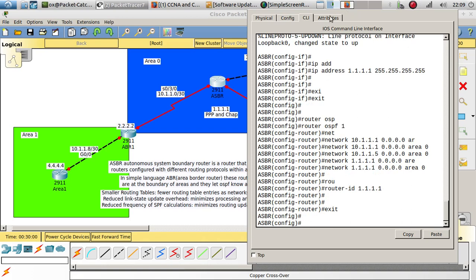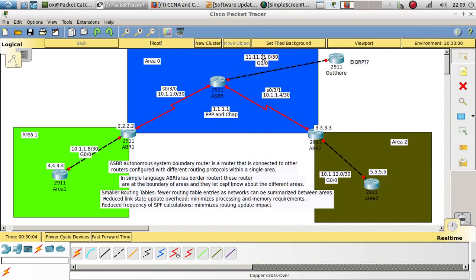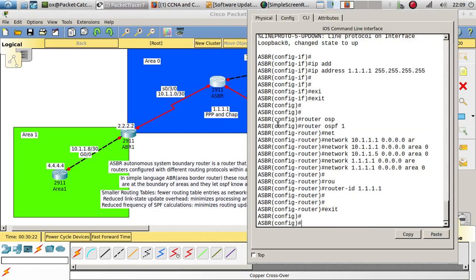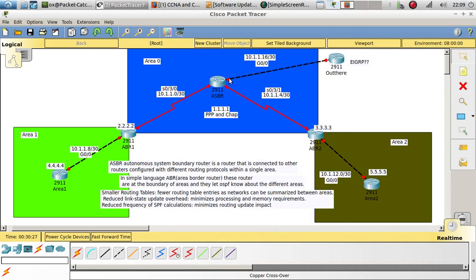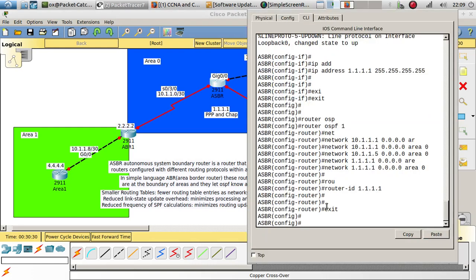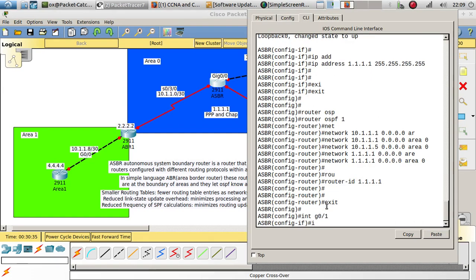Okay, that's done. Now let's see what we can configure next. Let's get rid of this IP address, and let's do 10.1.1.16/30, and for this one, which is gigabit 0/0. Yep, let's go ahead and configure the first usable IP address of that subnet, which